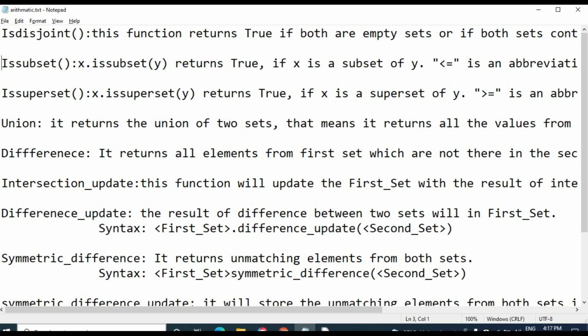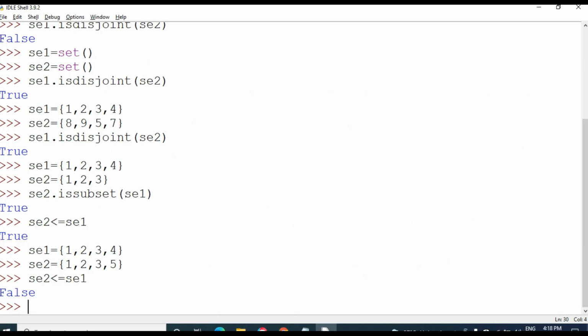The next one is issuperset. This has the same meaning as issubset, but there is a slight difference.